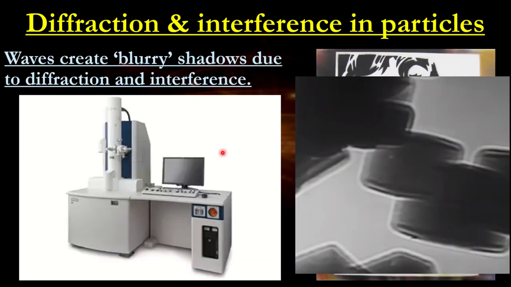Just want you to have a look at this image here. We know that the interference pattern of a wave gives you blurry lines here. Now, this is actually using an electron microscope, so that shows you there are some really blurry shadows here. What we can imply from these blurry shadows is there is some interference pattern. Now, if we're using electrons to help us show these images, electrons being particles, there are implications that this electron could have wave-like properties and not just particle properties.